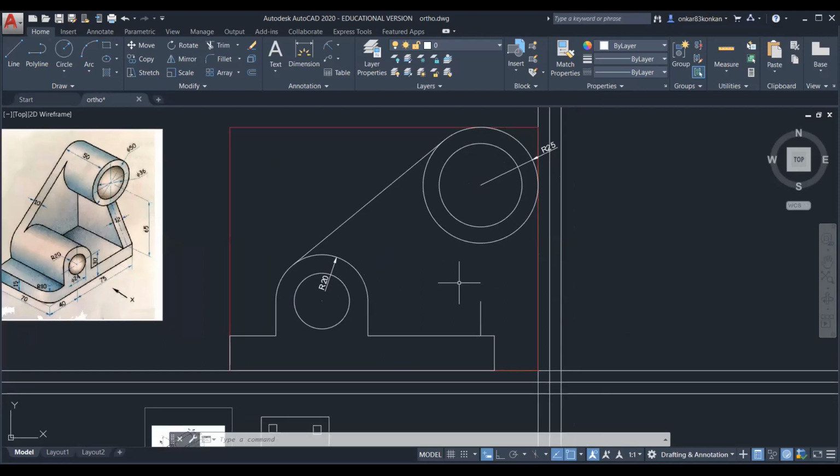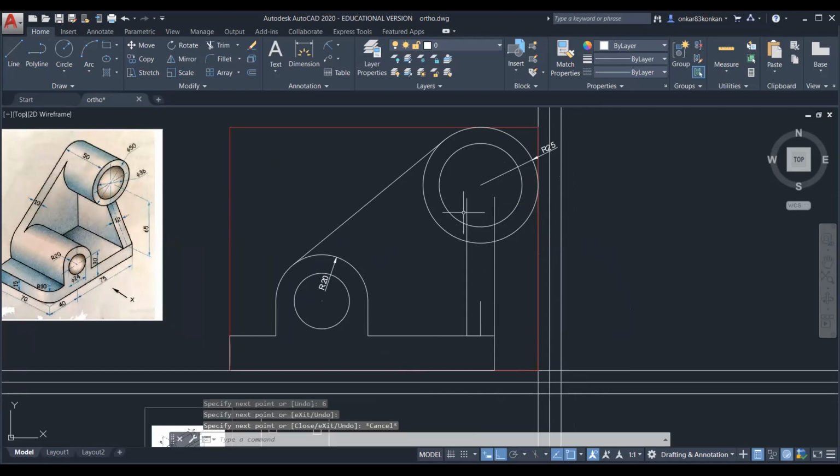And after this, you need to draw these two vertical lines that will represent this rib. So from this point, you can take 6 mm distance and draw this vertical line. And again, from this point, take 6 mm, draw second vertical line.